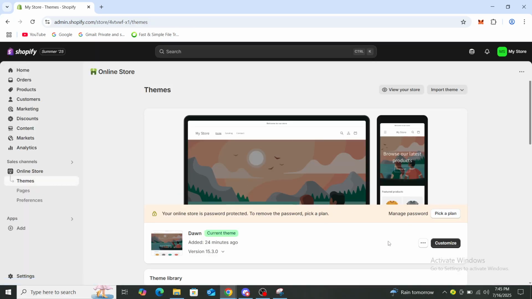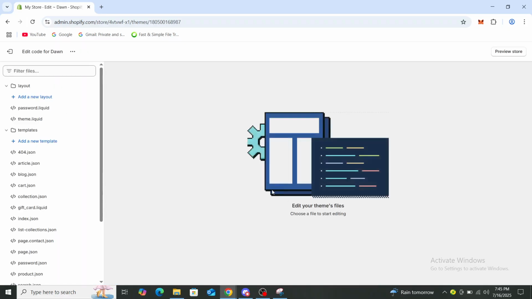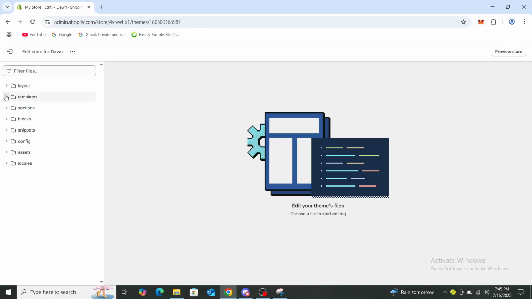From here you need to go to the three dots and you can see here rename, duplicate, download theme file, edit code and stuff like that. So click on edit code. Feel free to just uncollapse all of these things, and from there you will just need to click on the